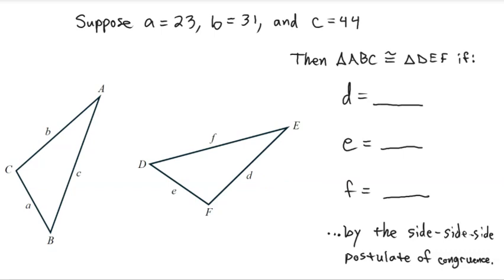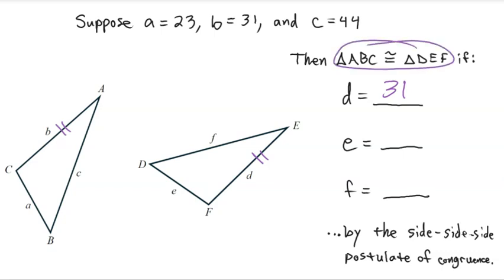And over here, it looks like B is the middle length side. So if D is congruent to B, then it's possible that triangle ABC will be congruent to triangle DEF. Well, what does it mean for D to be congruent to B? Well, B is equal to 31, so if D also equals 31, then it's possible these two triangles could be